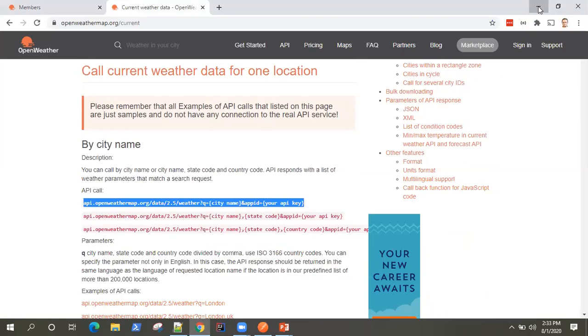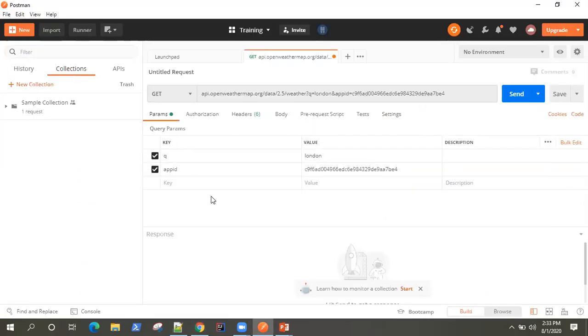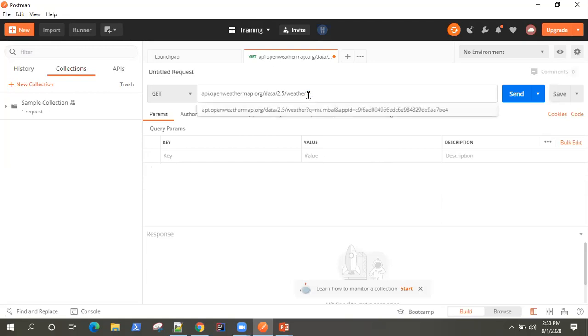Now we have seen what query parameters are. If you want to look at the other kind of parameter, there is something called path parameters.